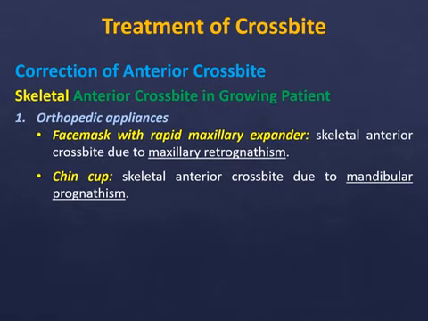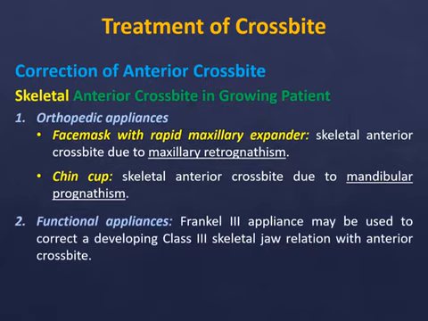So one is used in case of maxillary retrognathism and the other, the chin cup, in case of mandibular prognathism. Or we can use functional appliances like Frankel 3 that can be used to correct developing